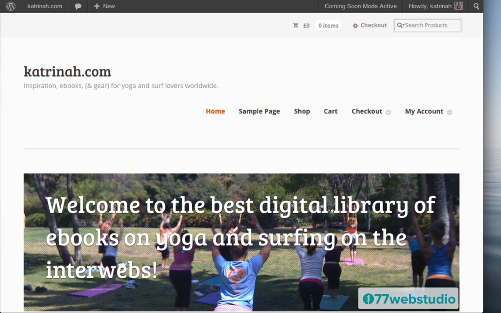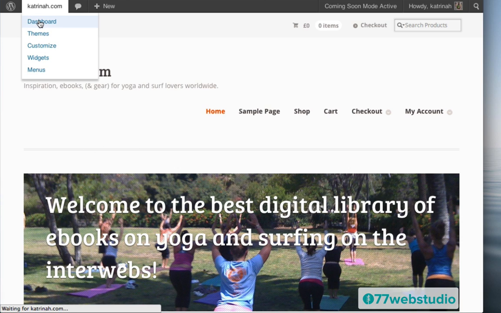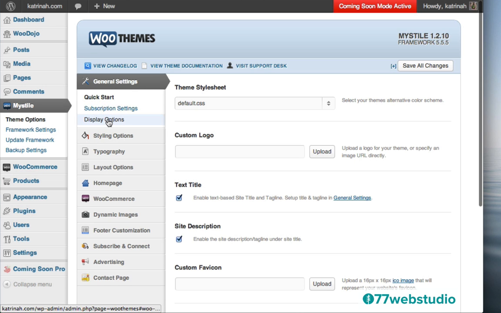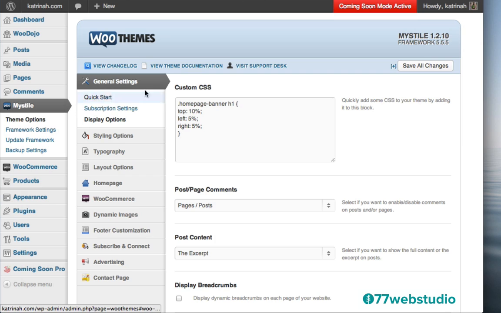So one more thing, if you wanted to change the font size of this title, you could also do that. So I'm just going to make this a tad smaller. I'm going to go up to the top, click on Dashboard, then I'll click on My Style Theme Options. Once again, I'll click on Display Options in the General Settings tab, and here in the same section where we customize the other settings for this title, I'm going to add a font title setting.